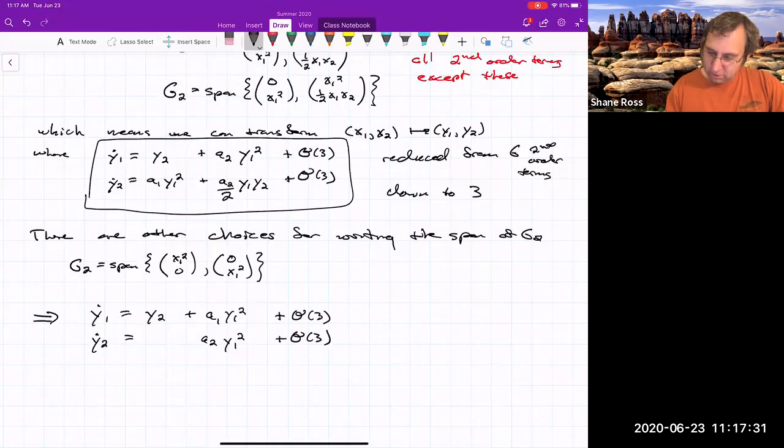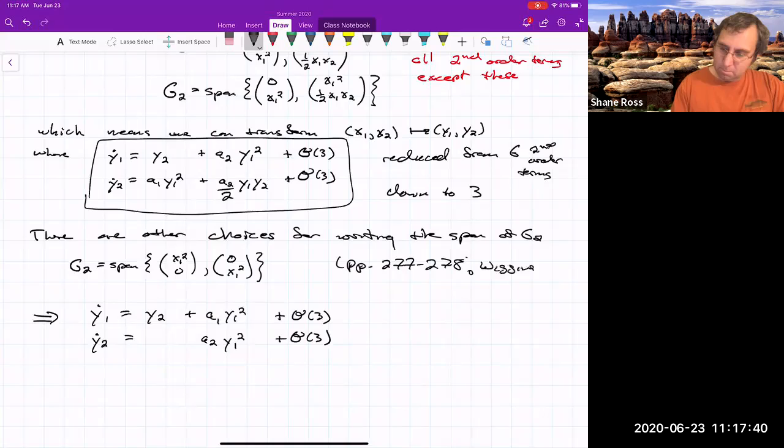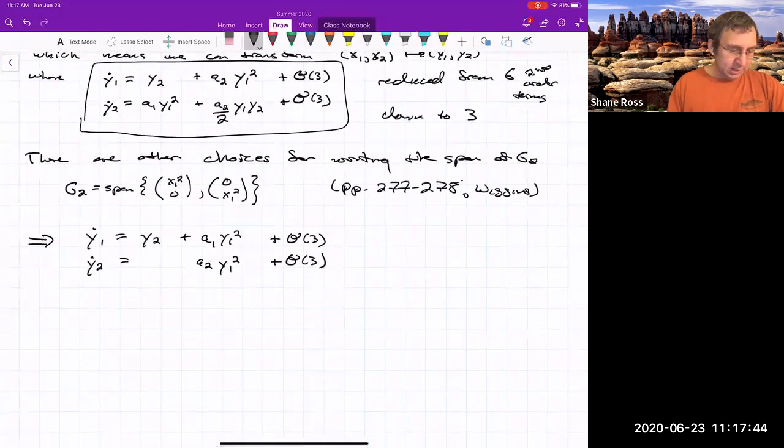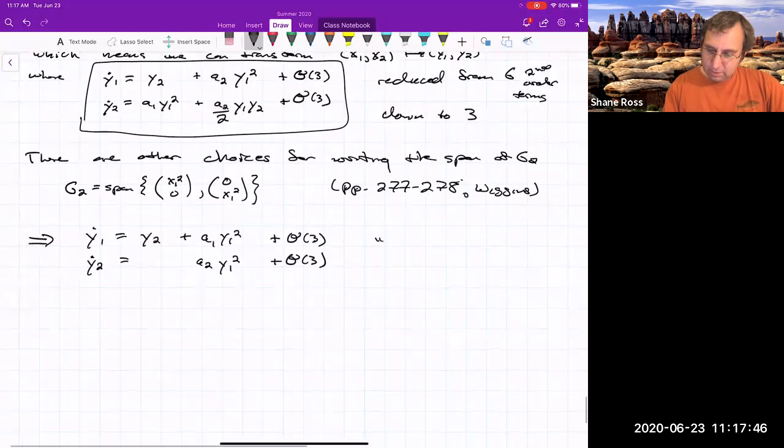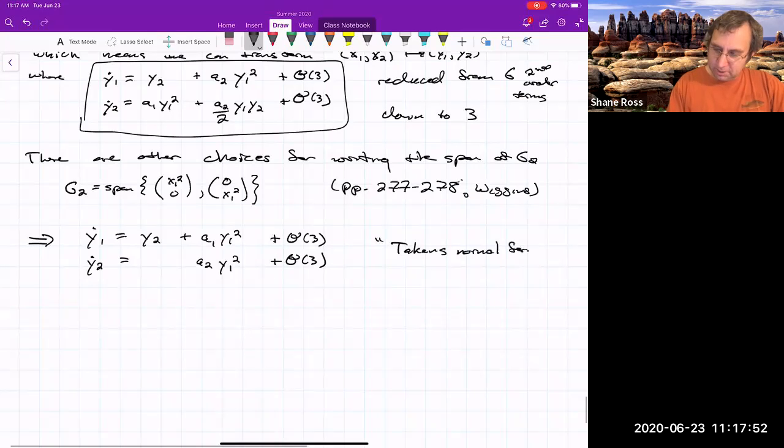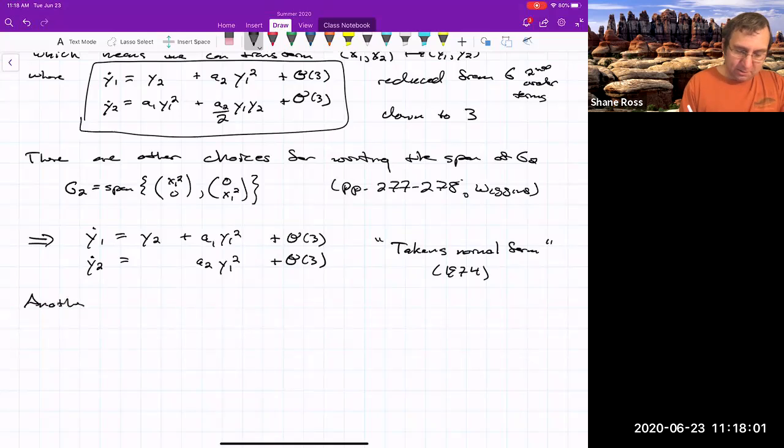If you want, where's this mentioned? This is in pages 277 to 278 of Wiggins. And this has a name. This is called the Takens normal form, because it was written up by somebody named Takens in 1974. There's another choice, and I'll kind of end here,